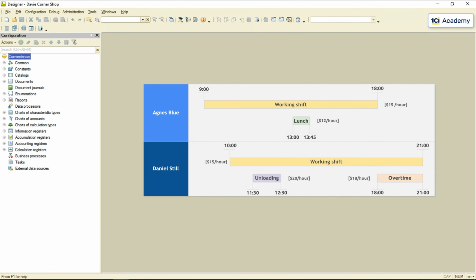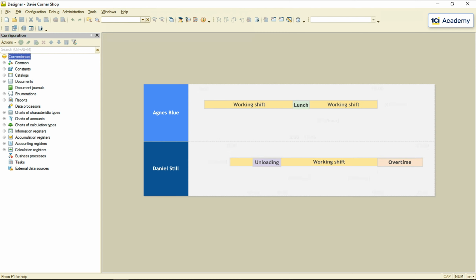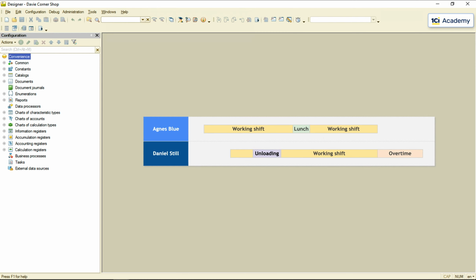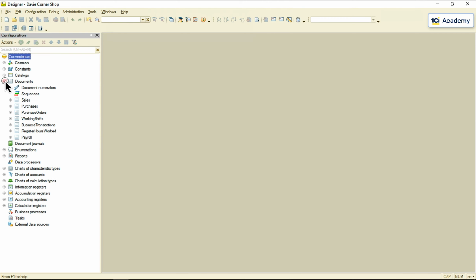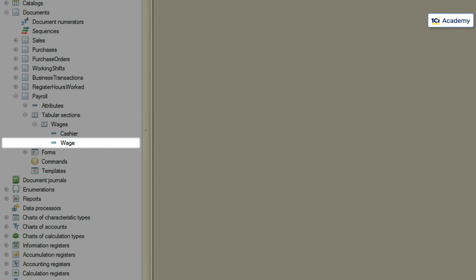To adjust its records according to the displacement settings, the calculation register needs to know the only thing: what displaces what. To calculate the bonus as a percentage of the monthly earnings, the register needs to know the result of this baseline calculation. The only place we store this result so far is this tabular section attribute of the payroll document down here.